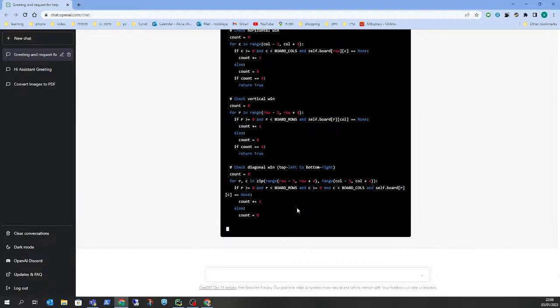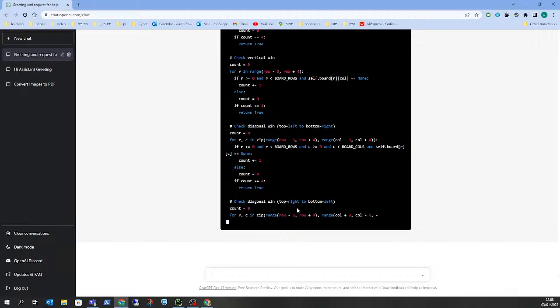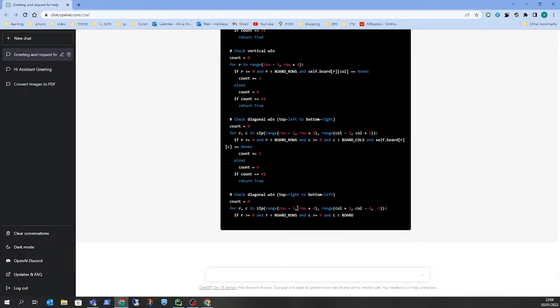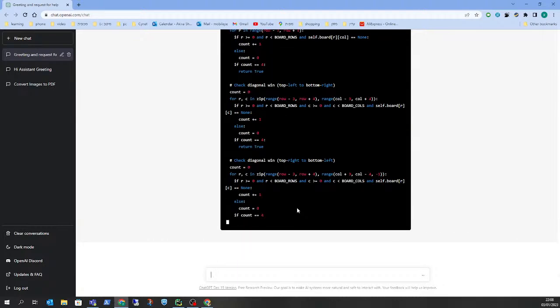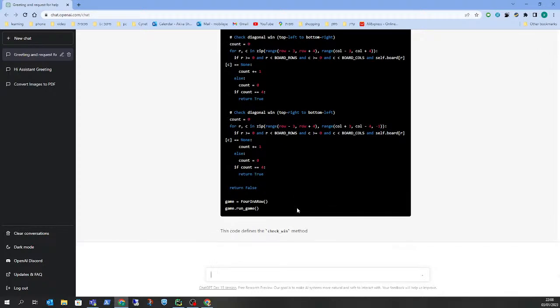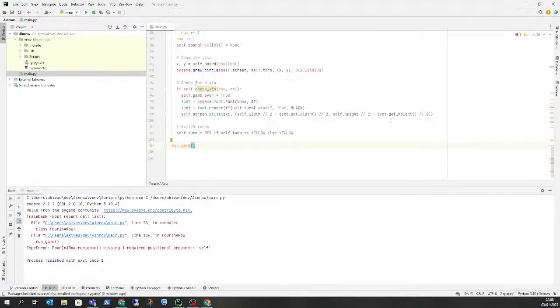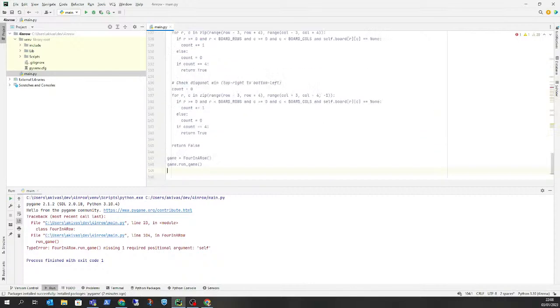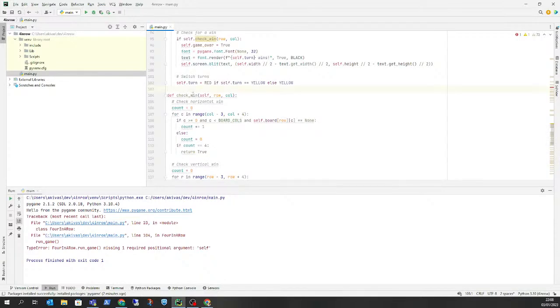It's supposed to have something to run the game at the end. So this still calculates everything. It's nice if you want to have a look and understand how everything works here and understand Python. For that, it could be interesting. So let's just copy this missing part after the end. This is something I added, which isn't needed. Okay. Let's try and run this.